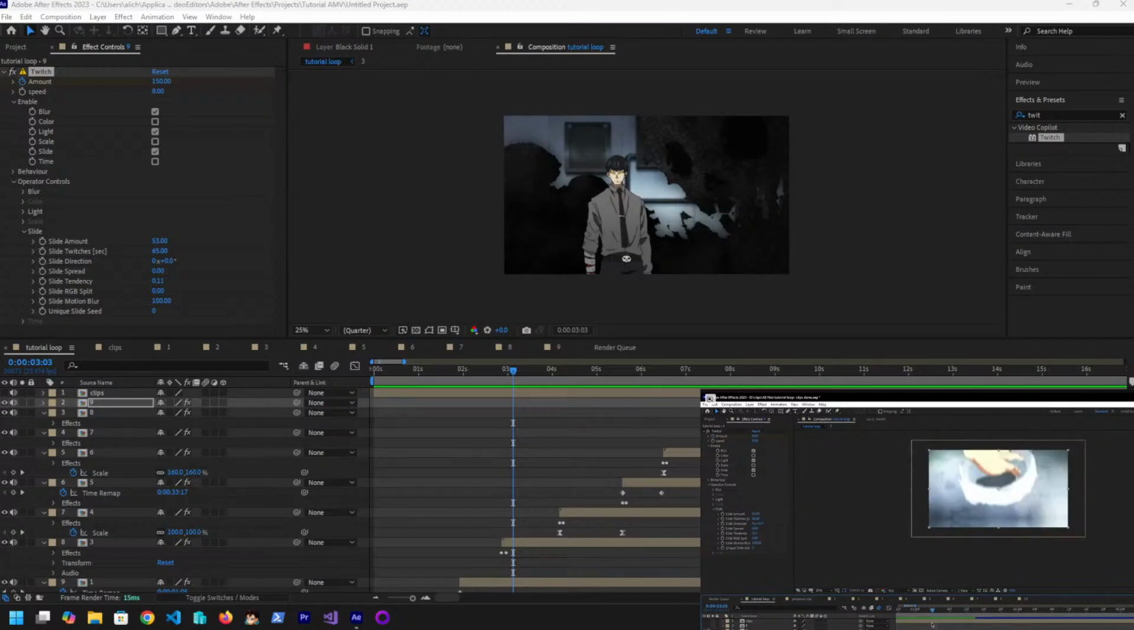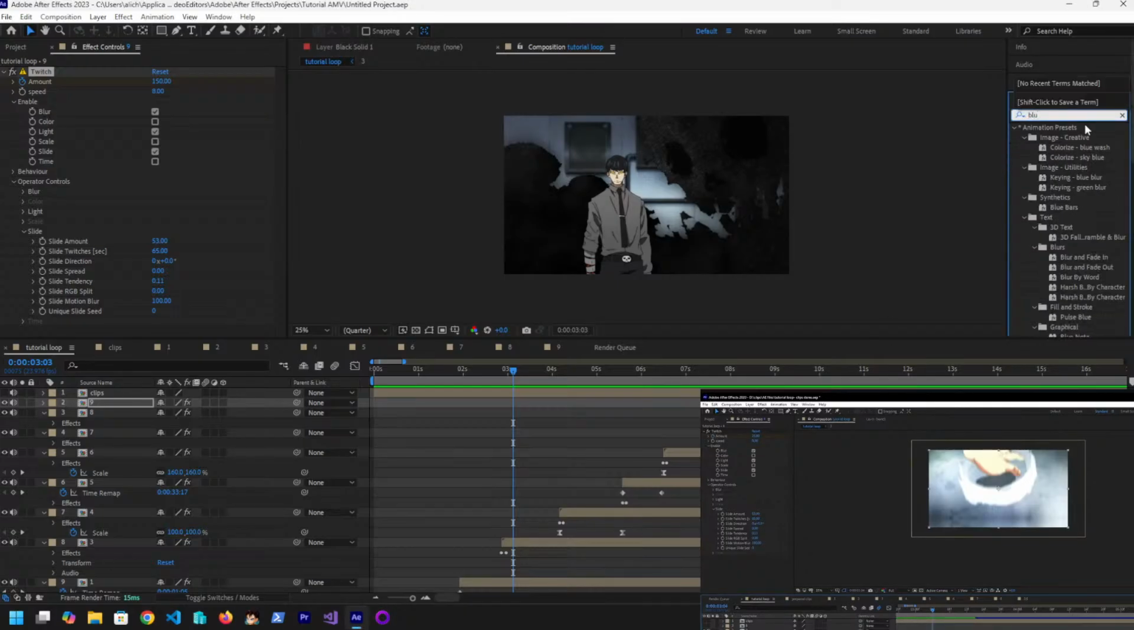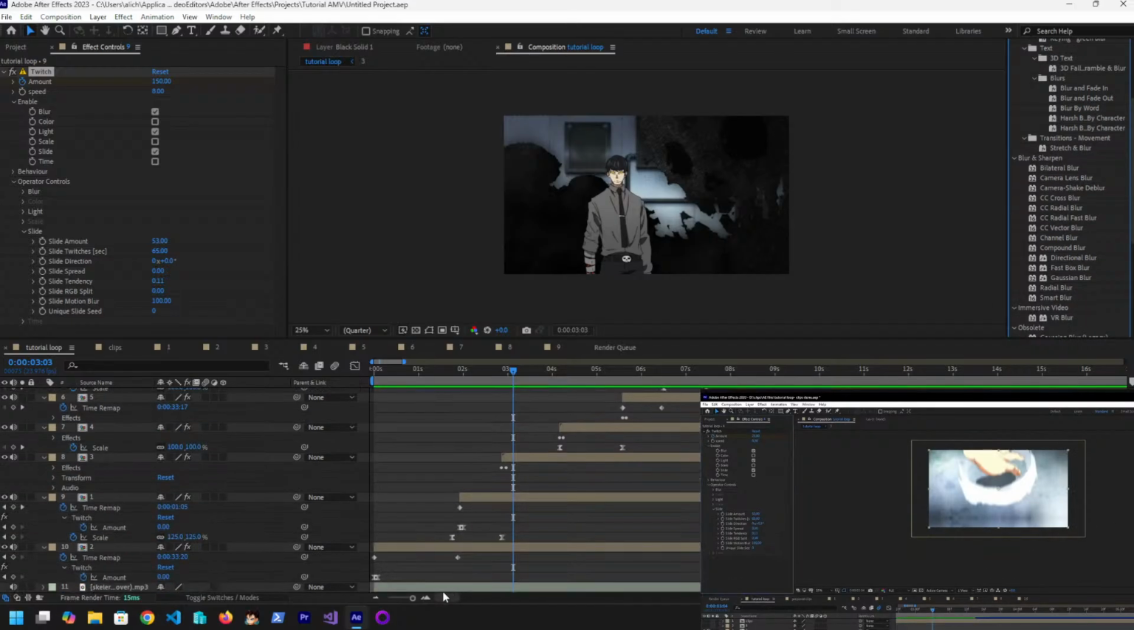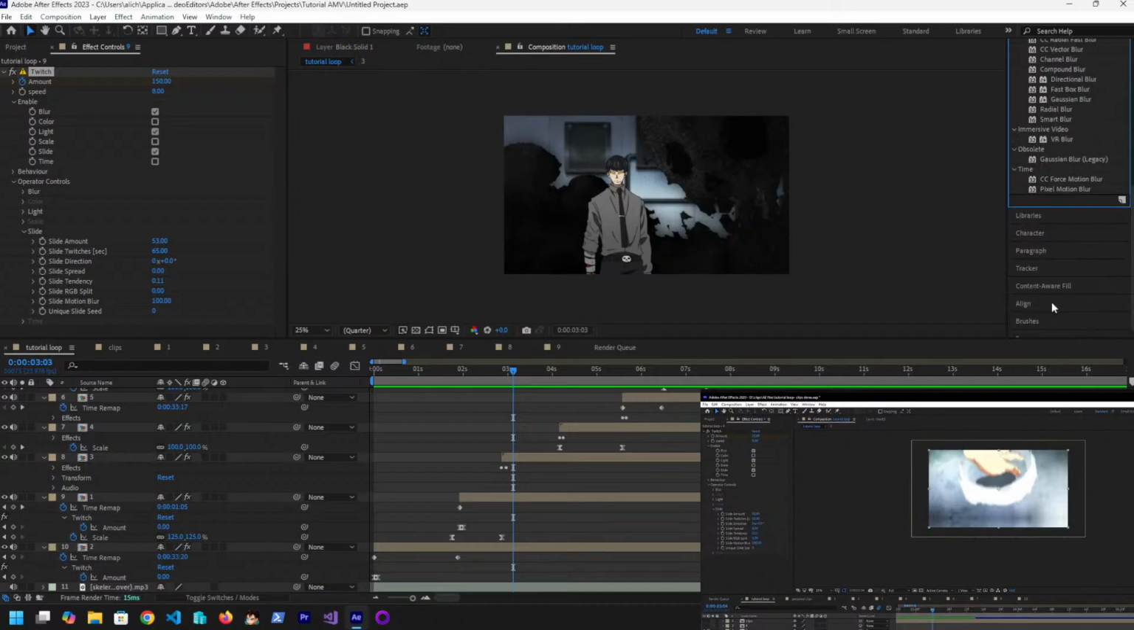And we want to add a blur to that one. So what we're going to do is, usually without any plugins, we will go in searching for blur, which you find in blur and sharpen. So right here you see your blurs. You can use whatever you like, what you prefer, like directional blur looks like this, fast box blur or Gaussian blur. In my preference, I use BCC. I like the blur of BCC blur, so I'm gonna use the